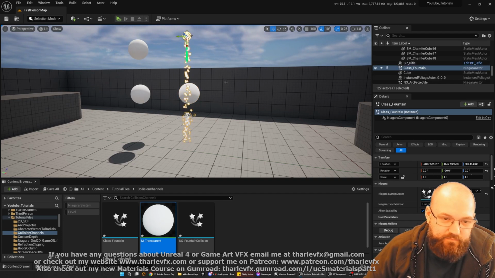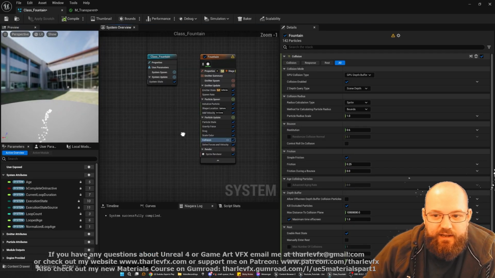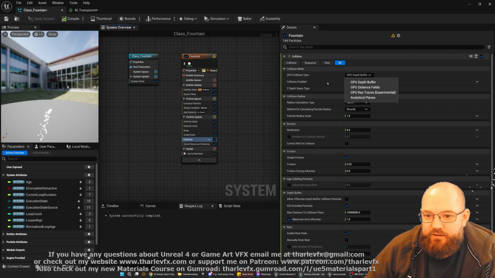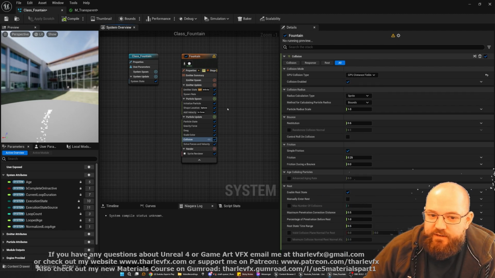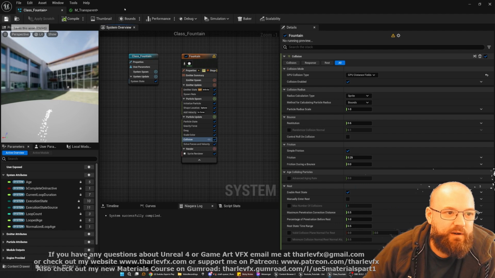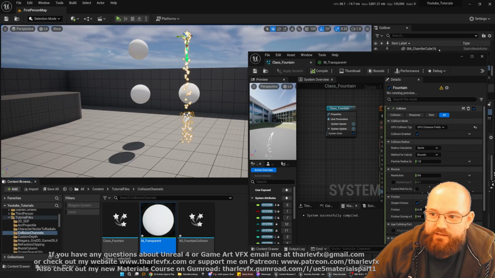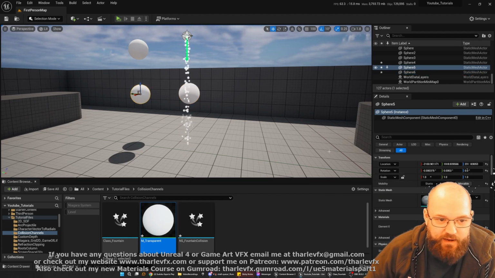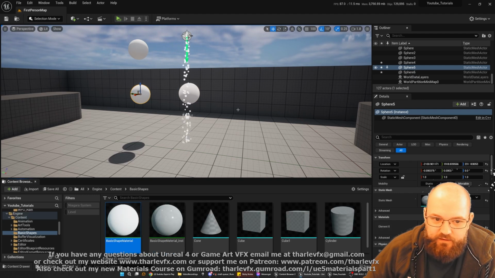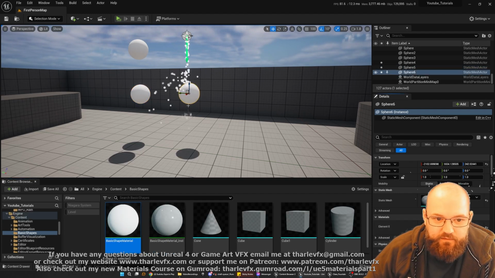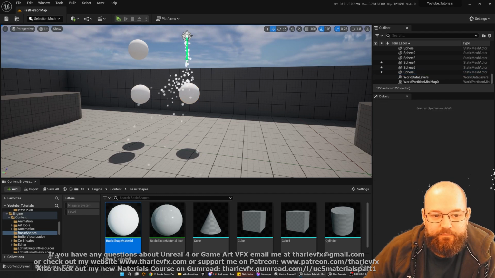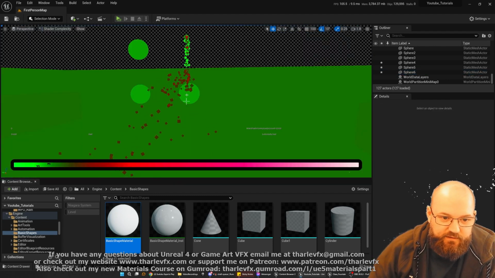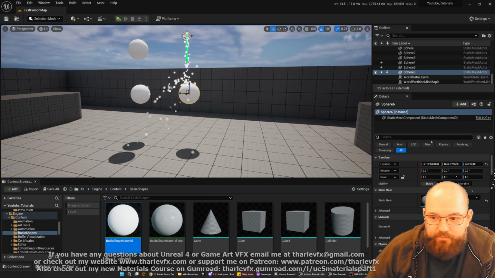A better way to do this, probably, is we have another option for particle collisions on GPU. Rather than depth buffer, we can do distance fields. This will now apply our collisions based on the distance field. Translucent objects won't be writing to the distance field, but if I put this back to the default material, there we are, our collisions come back. Our rendering is good and our shader isn't expensive, but we can also